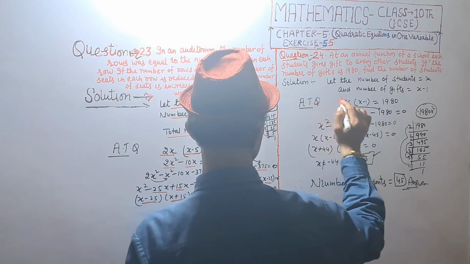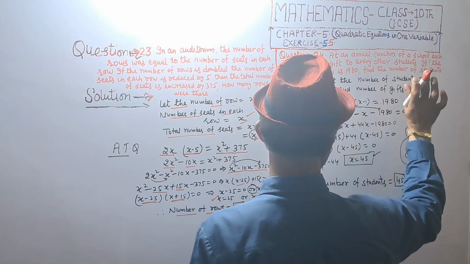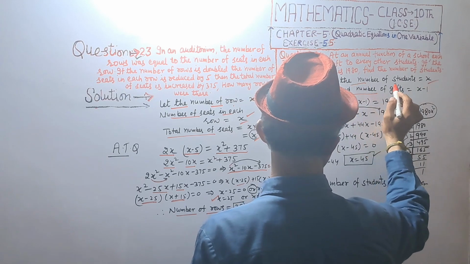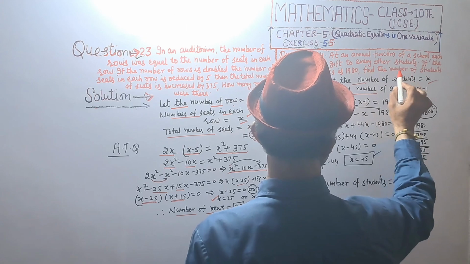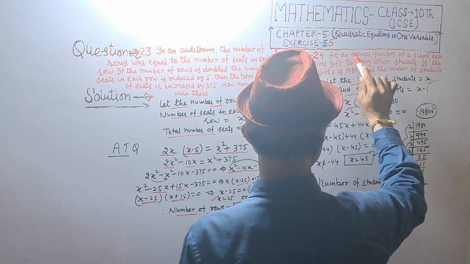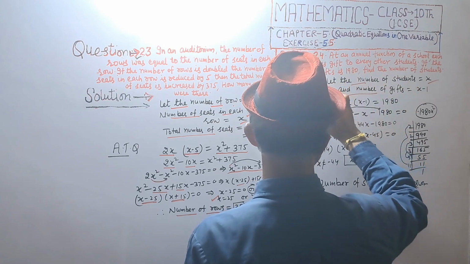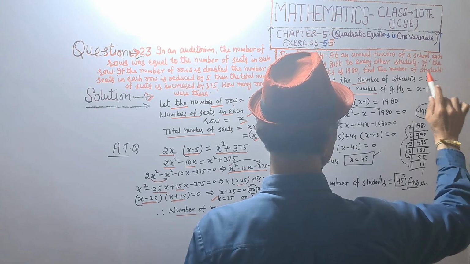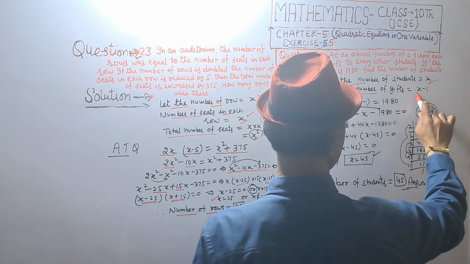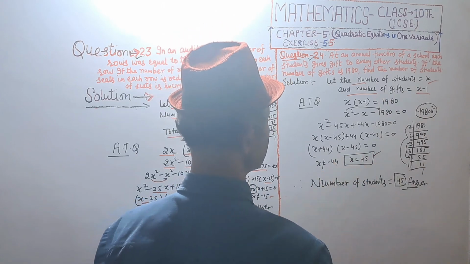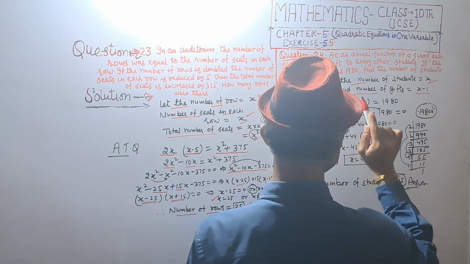And question 24, find the number of students. Let the number of students be x, and number of gifts, that is x minus 1. At an annual function of a school, a student gives a gift to every other student. The number of gifts given, that is x minus 1. According to question, if the number of gifts is